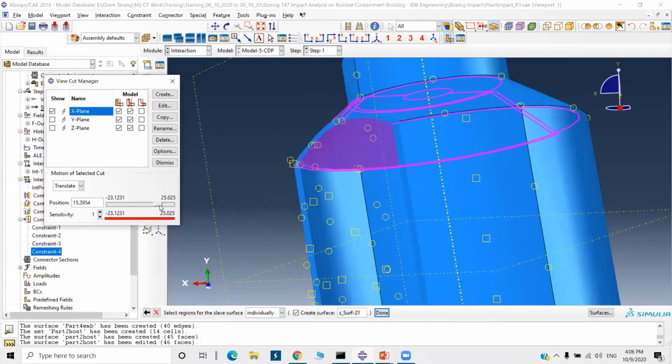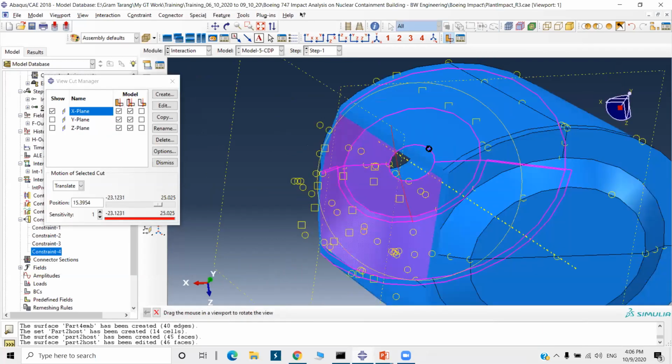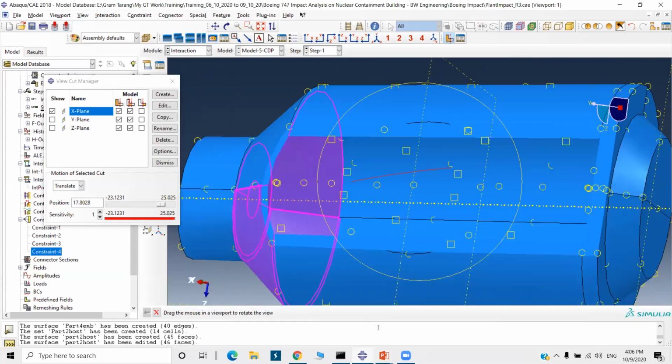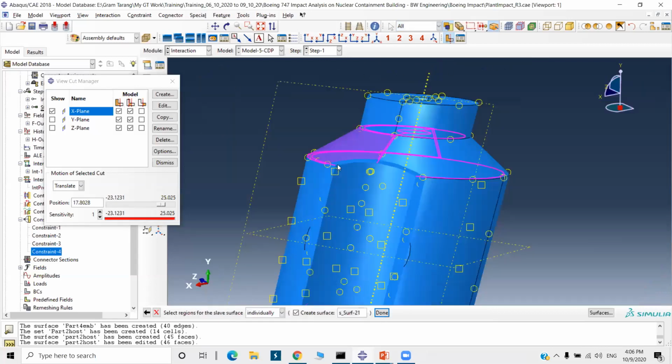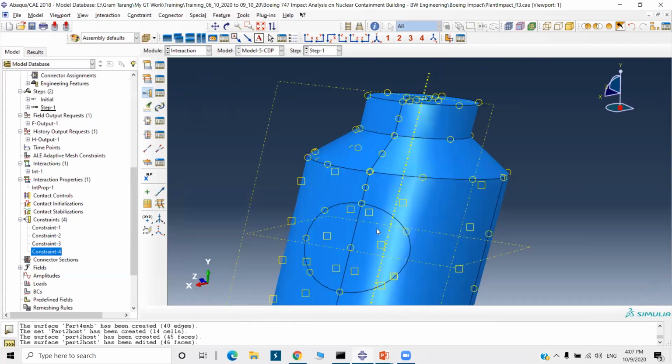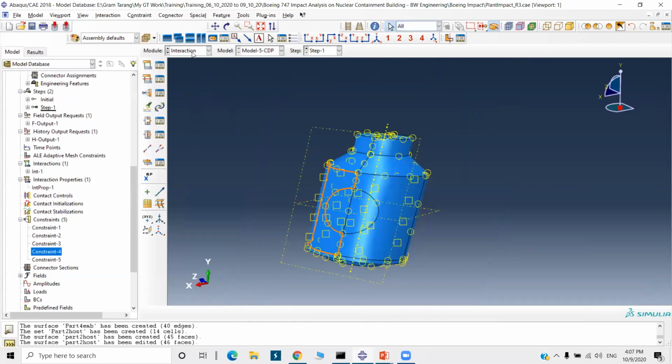So whole surface is selected here. You can see. So done. So we have defined the constraints. So interaction is done now.